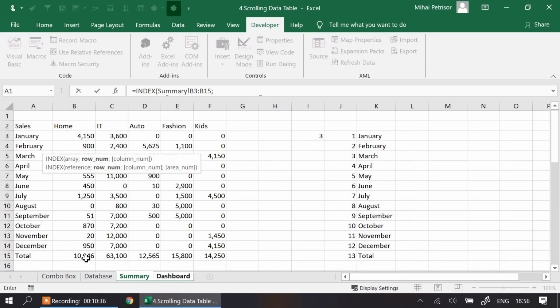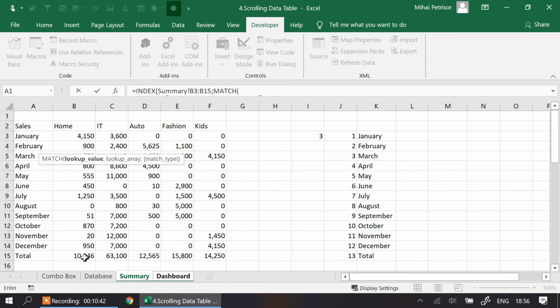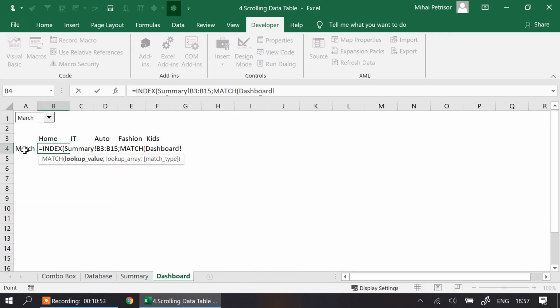put the next argument, which is the row number, and for this we'll use the match function that will give us the cell from the dashboard. So let's go here, and we have A4.